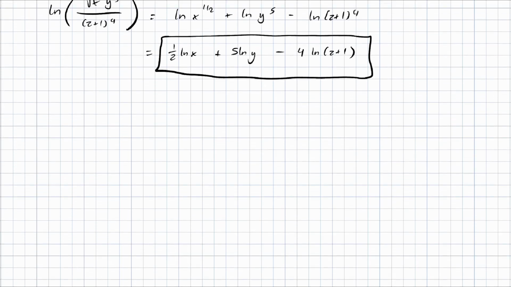Number 34. Evaluate secant 2 pi over 3 minus tangent pi over 6. This is negative 2 minus 1 over root 3, I believe. Secant is